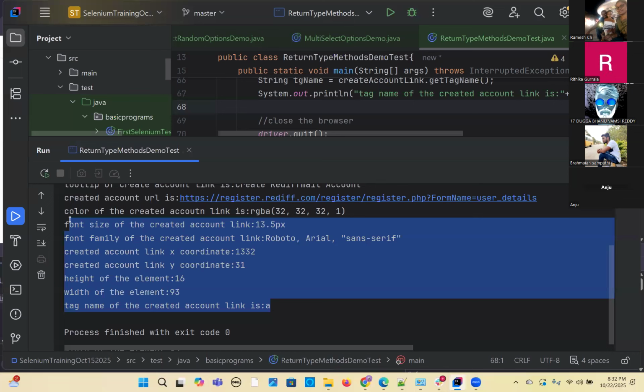So that's all the getter methods you can use. So that's all about return type methods. So any questions on the program? Otherwise, let's join back and we can discuss on